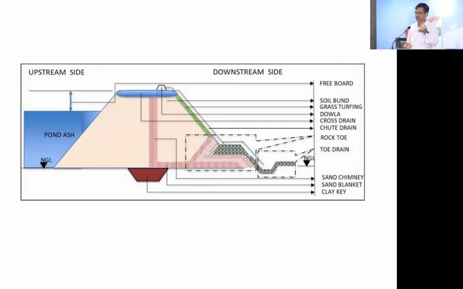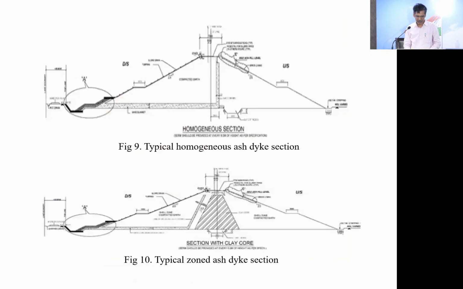Because that is somewhat different from the tailing pond. So this is what we follow, with all these toe drains and tube drains. So this is an ideal one, and next I am showing how it has typically been constructed. Suppose, say, here